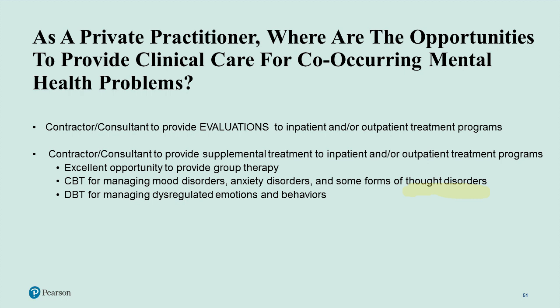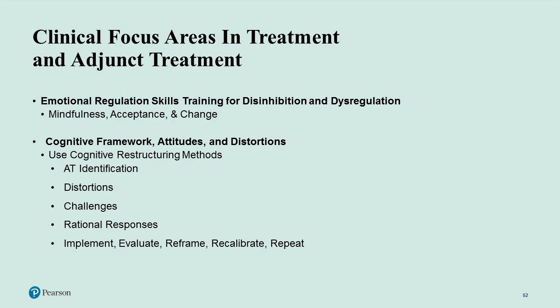There are the Linehan best practice models, which are geared towards just dealing with the borderline personality disorder spectrum of behaviors. But many agencies have incorporated DBT in alcohol and drug treatment as well, as many of the tools are very helpful for folks in regulating their behavior that they struggle with now that they've removed the substances from doing that for them. So what do we focus on in active treatment? Emotional regulation skills, training to help manage that disinhibition and dysregulation of particularly negative affect by teaching mindfulness, acceptance versus change. And often what people will have to do is learn specific skills to implement change. Sometimes it doesn't work, and they have to learn to find a place of acceptance and letting go of things